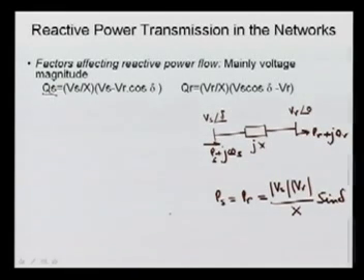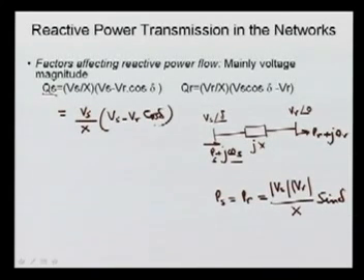So both will be equal. Now, the reactive power supplied by the source, QS, will be nothing but, here you can see, x and here Vs minus Vr cos delta. Again we can see whether this Q is positive or negative depends on this value. Since cos delta is very close to unity, it depends upon how much Vs and Vr are.